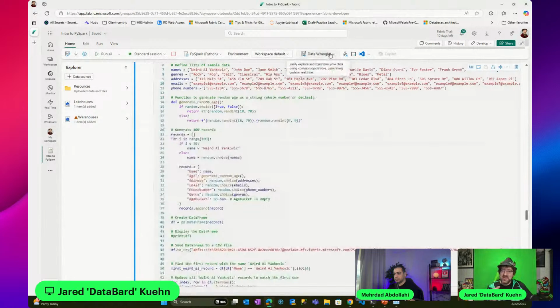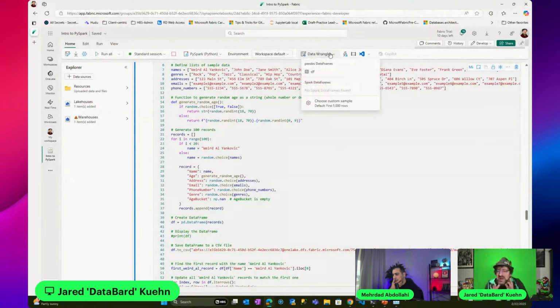Now, what is Data Wrangler? Well, you remember at least what you've done with Power Query in Power BI, where you get your data in something like an Excel document, but it's not exactly the way you want it. You need to transform it further. Data Wrangler is what enables you to have that same experience, but you're not generating M code. You're generating either Python or PySpark code. Let me show you.